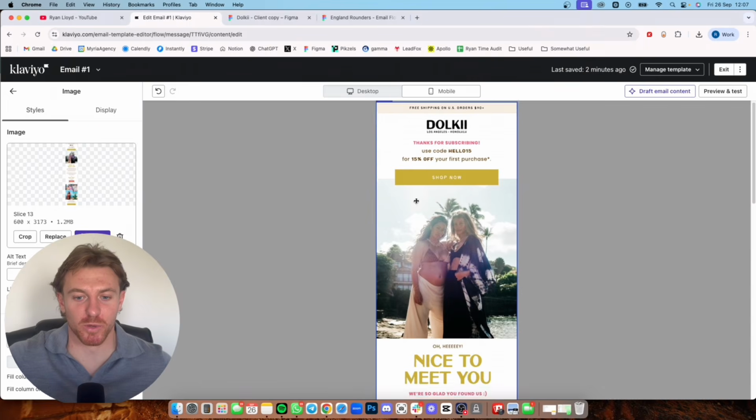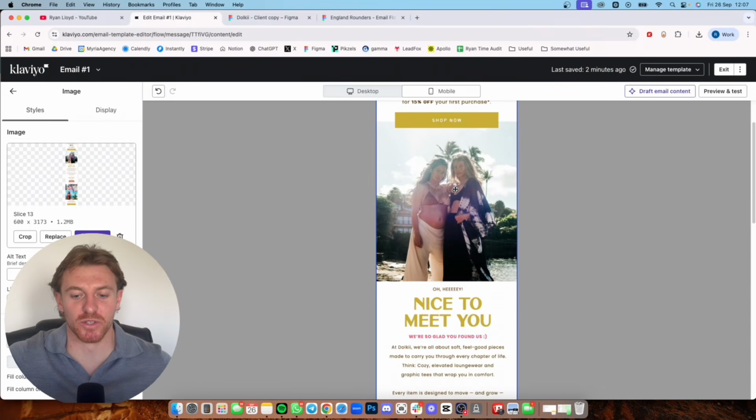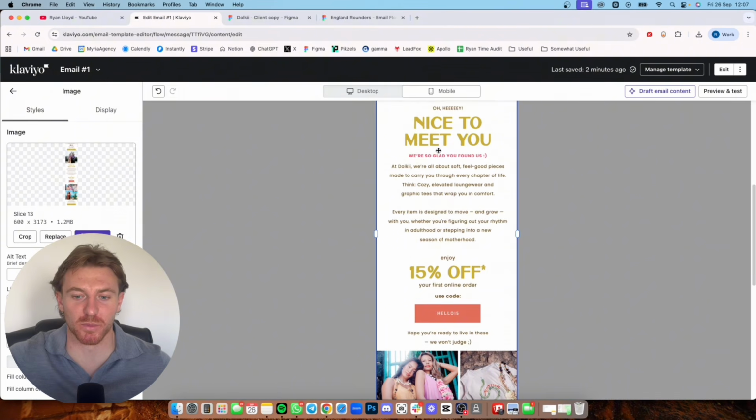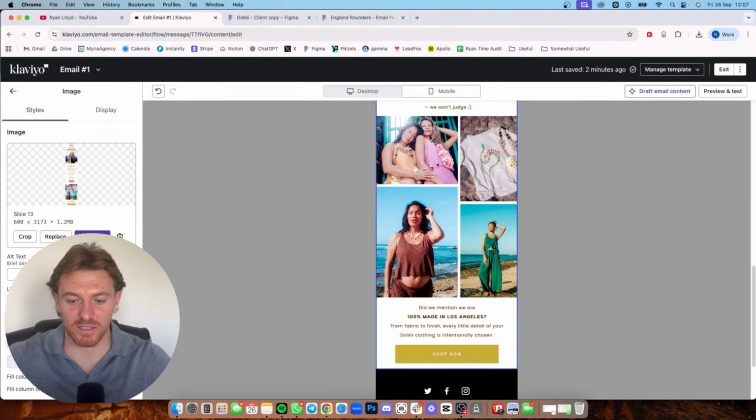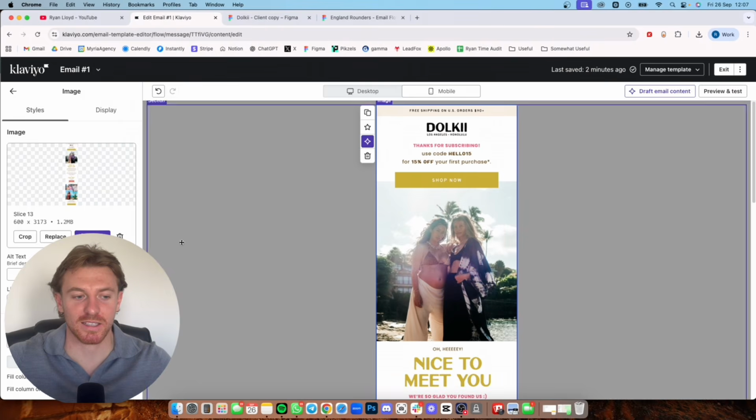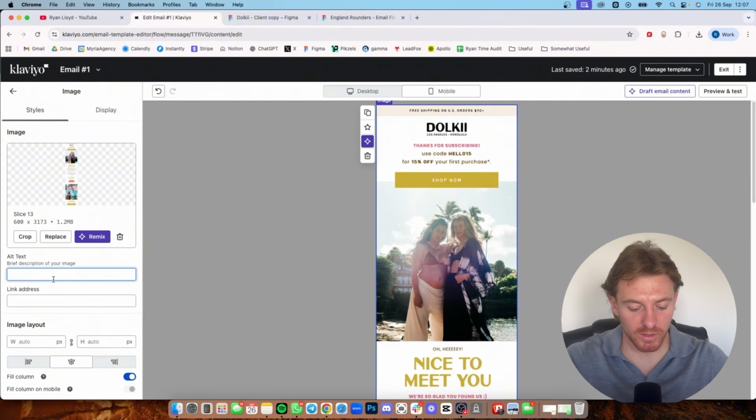It keeps it optimized for mobile. So if you flick over to here, it still looks just as good on mobile. You're not having to mess around with text, sorting your spacing out and things like that. It does keep things a lot easier. So yeah, I don't know who came up with this thing that you can't just use all images. It is kind of a bit of a waffle. However, if you're trying to sort your deliverability out and it's that bad, then I do recommend just running text-based on the emails. Alt text, we can just put welcome,